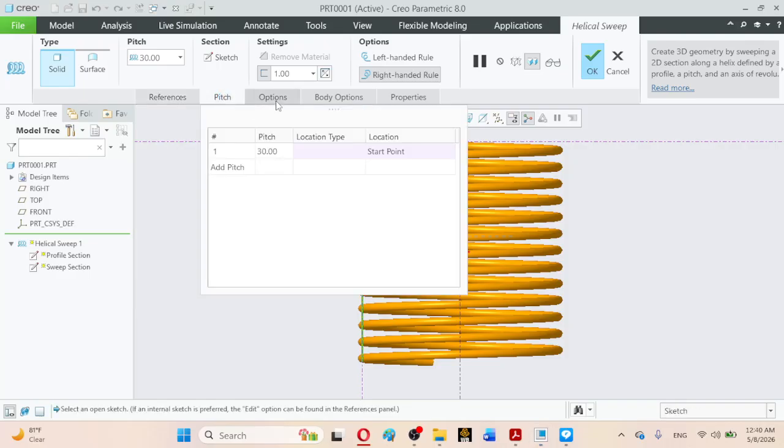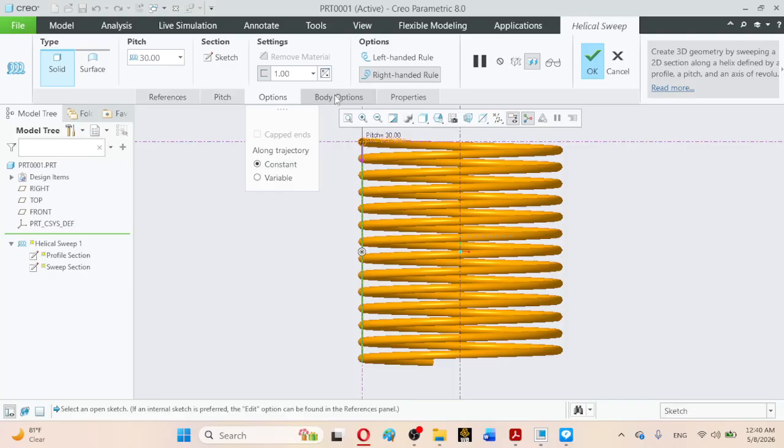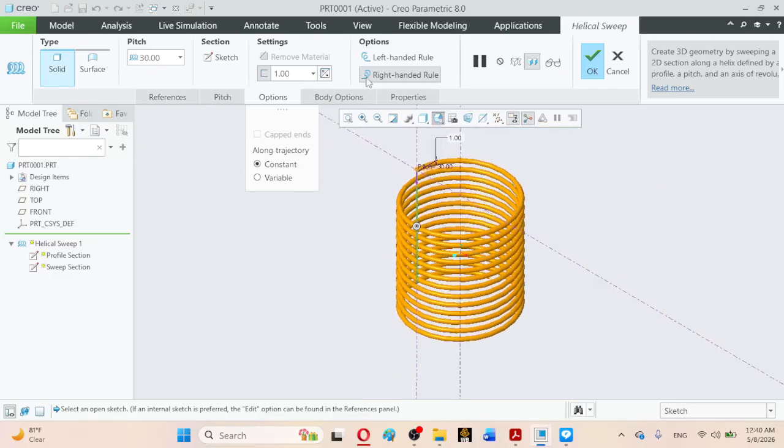So pitch value, okay, options, okay. One important thing is there that you can observe here. By default it shows the right-handed rule selected. So that means this is a right-handed helix. So how will we verify whether a helical spring follows the right-handed rule or the left-handed rule? If it is a right-handed helix, it means